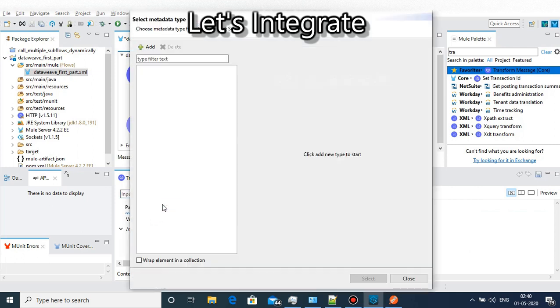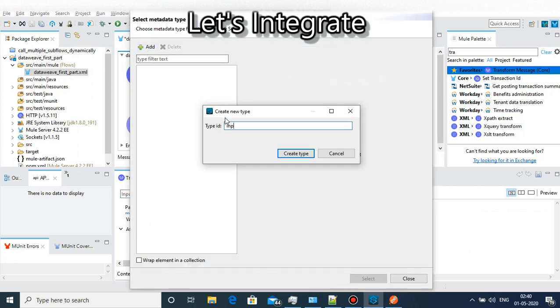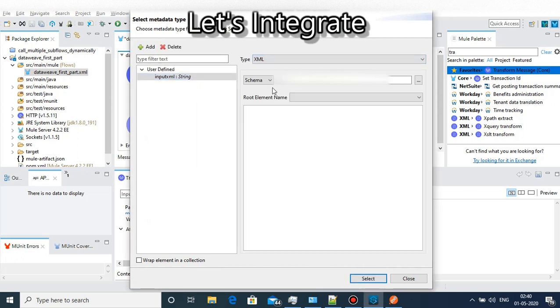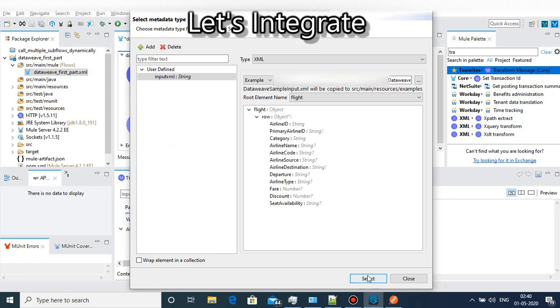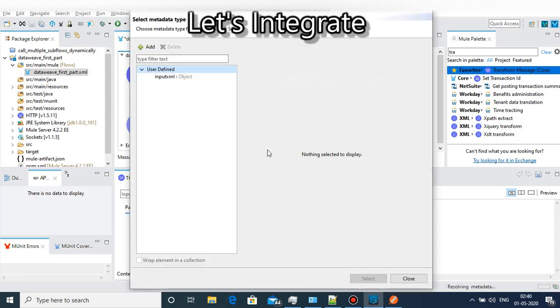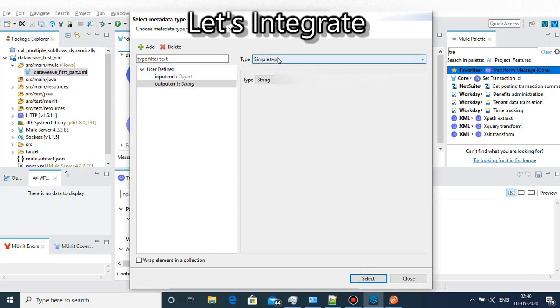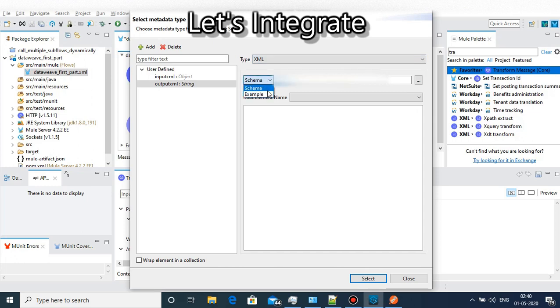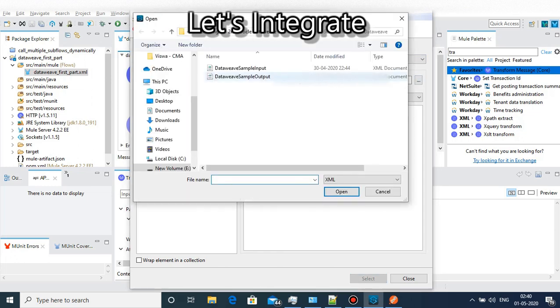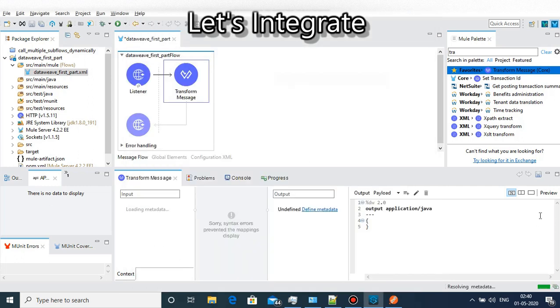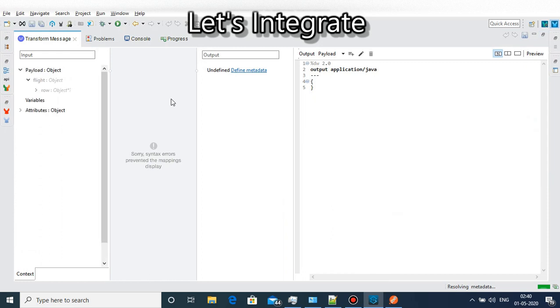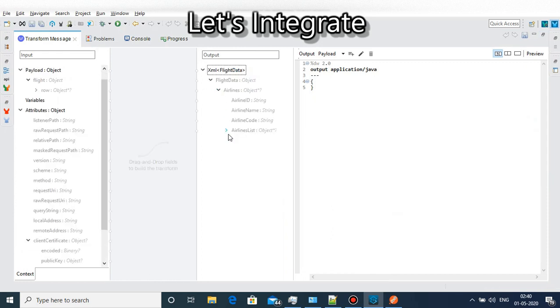So let me define the input and output metadata. Once we define the structure, we can do one-to-one mapping.